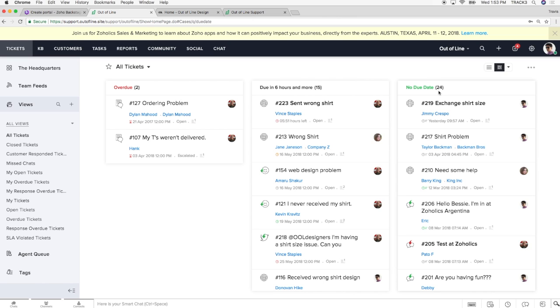These ones are due soon, 6 hours or more, and you can customize the time here. And then no due date. So that means if you have a support agent that just helps mitigate or handle things, maybe a manager might do this, assign tickets, figure out when things need to be done and turned in. Maybe they're just looking at this column and handling that out, meting tasks out, handling things on the back end.